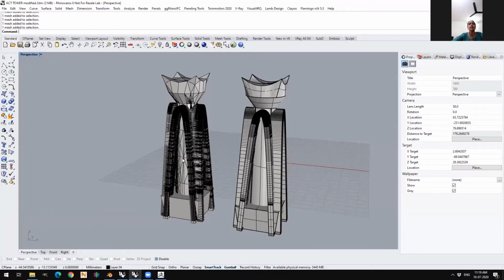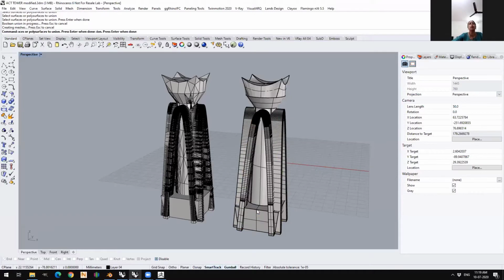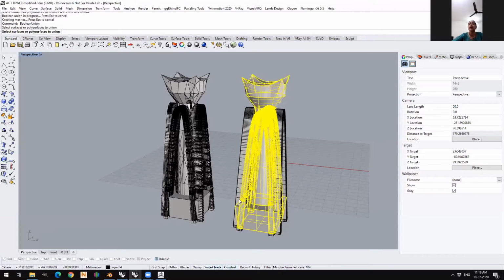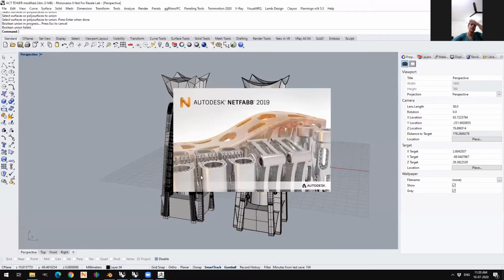It is always advisable to do a Boolean union of your objects before you send it, so that at the end it is theoretically one object. You can do it in your CAD software, or use any other software like Netfab, or we can use Rhino itself where we join them all.